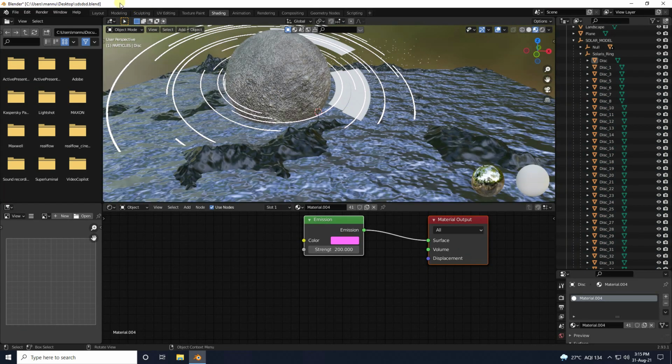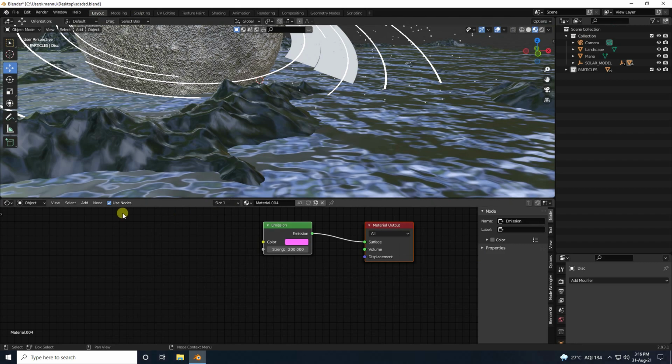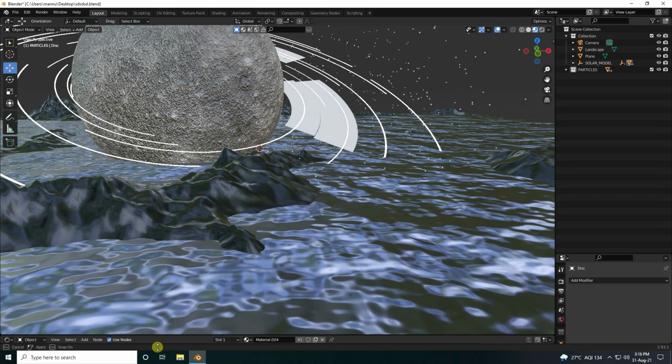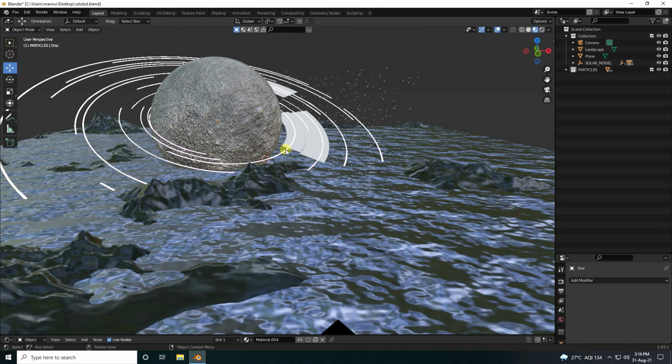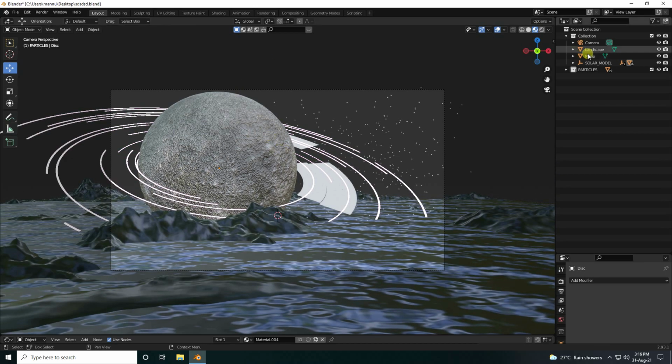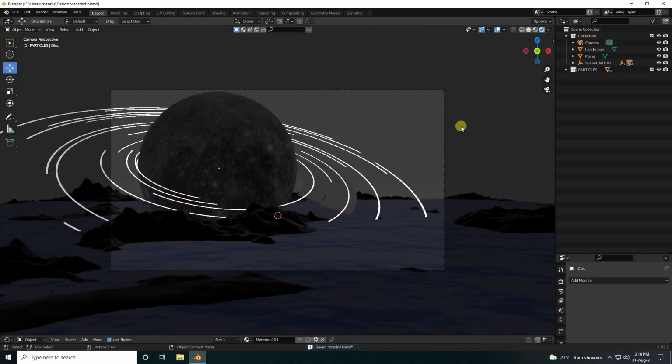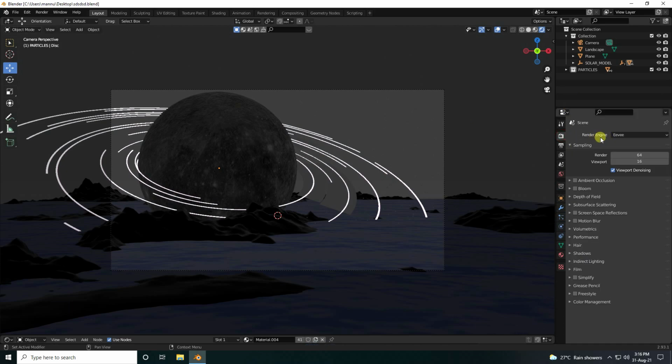Okay, so guys, go to layout mode and go down, this one, and check the camera angle. Yes, and guys, click on here, save your project. Guys, click on here. Yeah, and go to render settings. Guys, go on here, Eevee render. Render like 512, viewport 512.